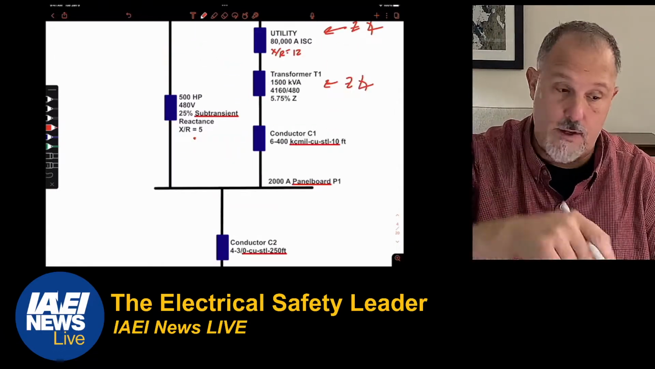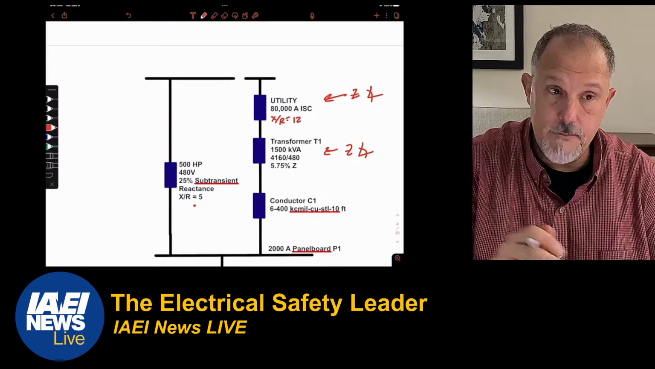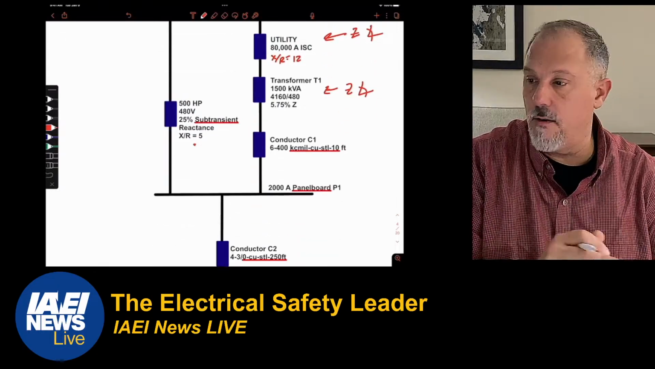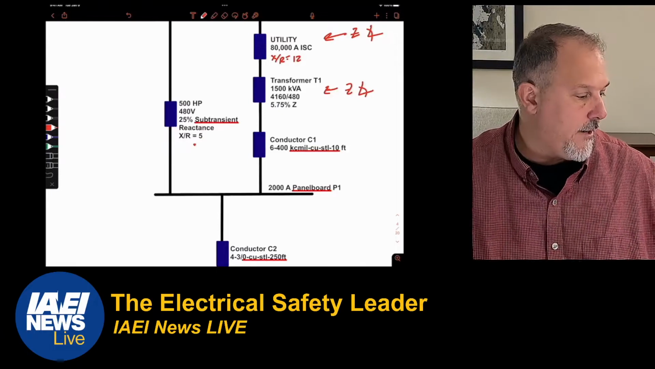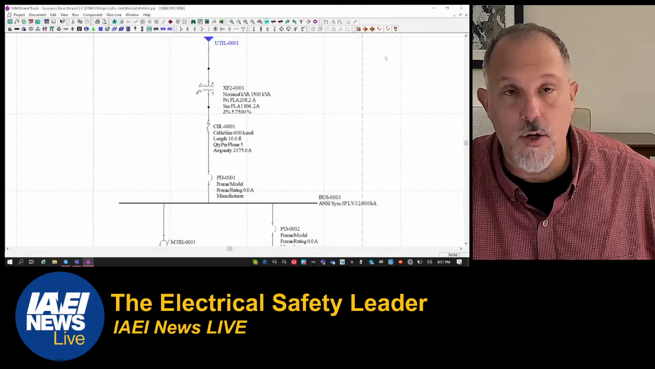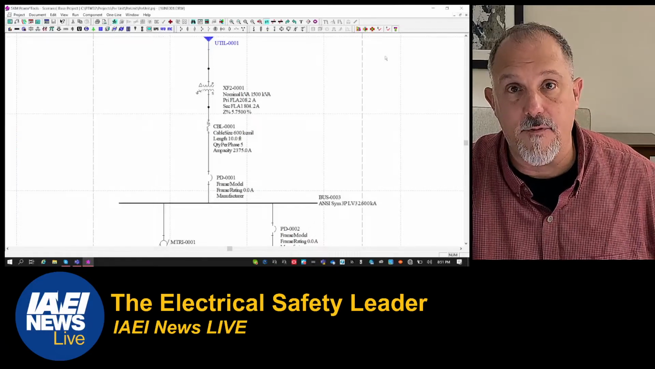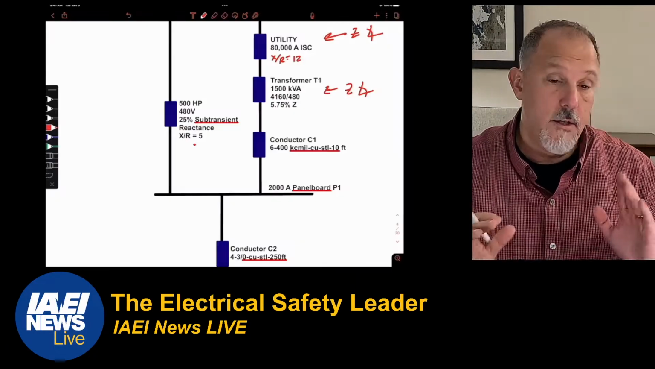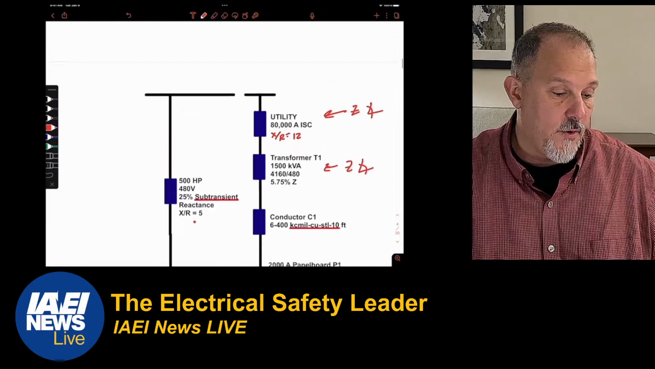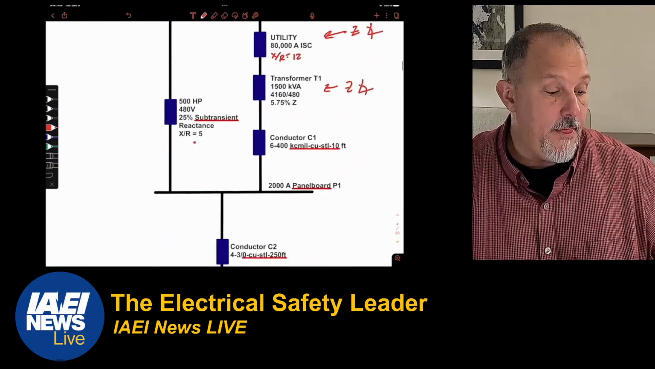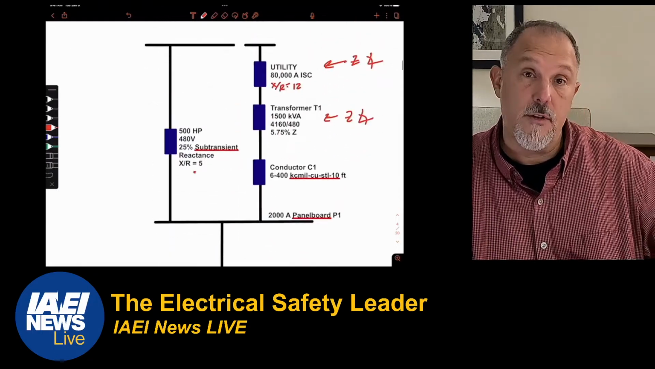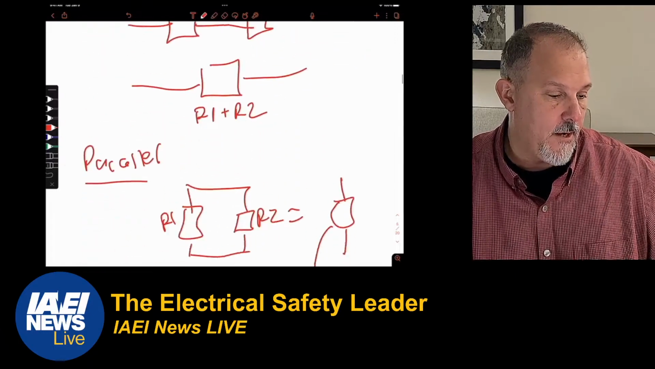What's new this video is the utility and also the horsepower motor. And I will be showing you what I've done in the software, the SKM software, and we're going to compare our numbers. So I want to focus on the utility today and the motor. But this is the equivalent circuit, and I'll show you how it's done. All right, so